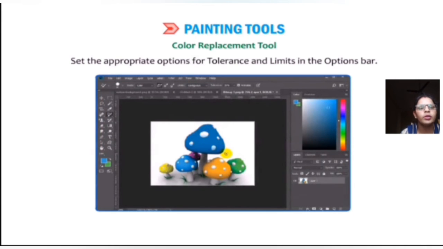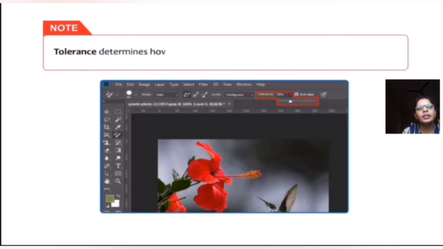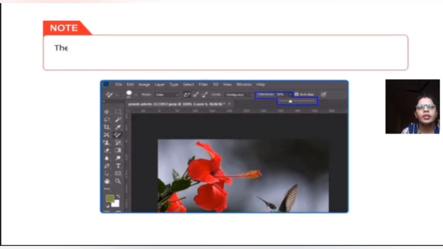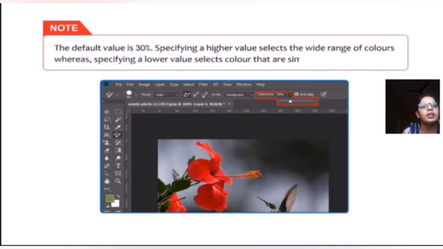Tolerance determines how closely the color should be matched for the sampling. The default value is 30%. Specifying a higher value selects a wide range of colors, whereas specifying a lower value selects colors that are similar to the pixel.